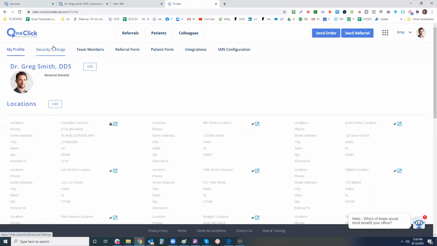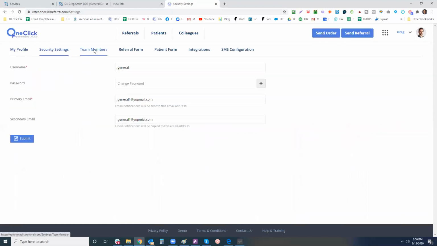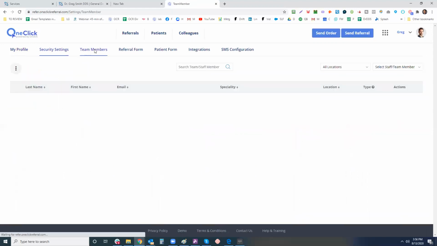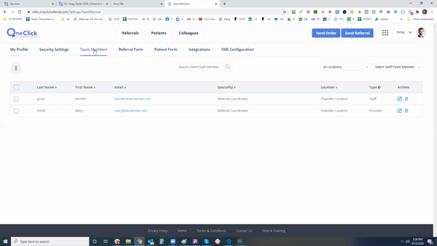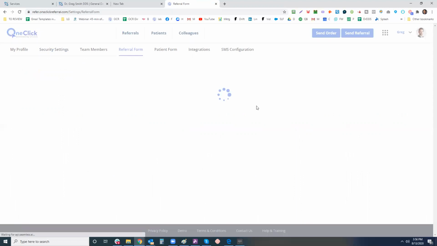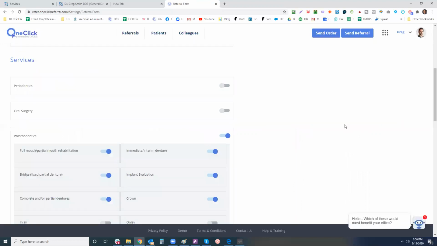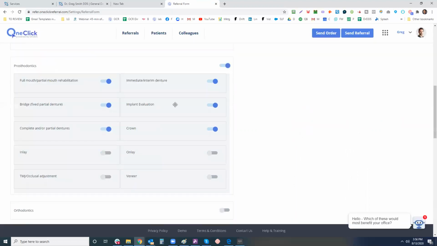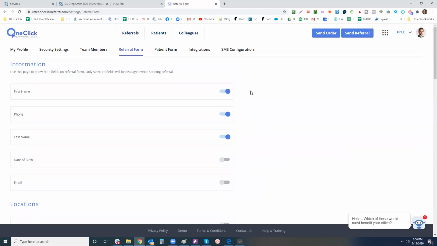Yeah, so securities, location, team members. We built everything for large group practices. A couple years ago, I did a project for Smile Brands and realized the way you have to architect things to be able to scale up for those really large practices. And you'll understand this from a referral perspective. We have a configurable referral form where things that are more often done, you'll move up to the top of your referral form. So the referral form's neat.